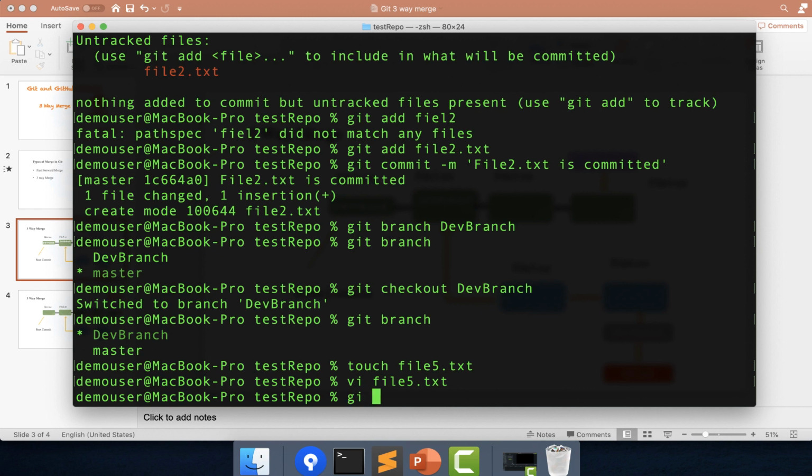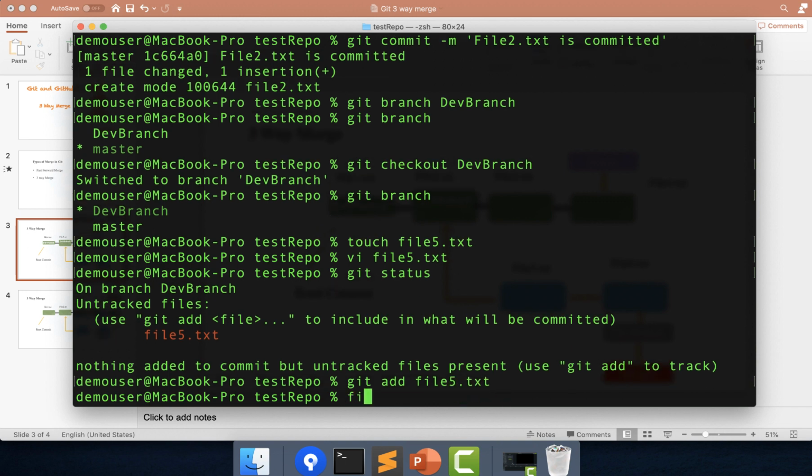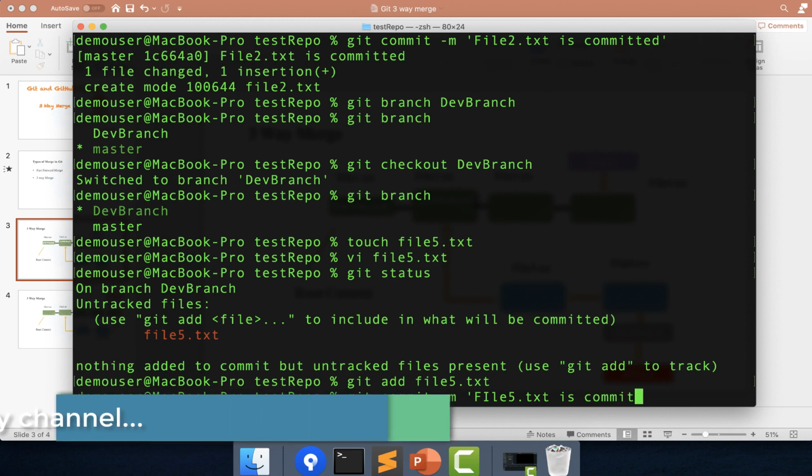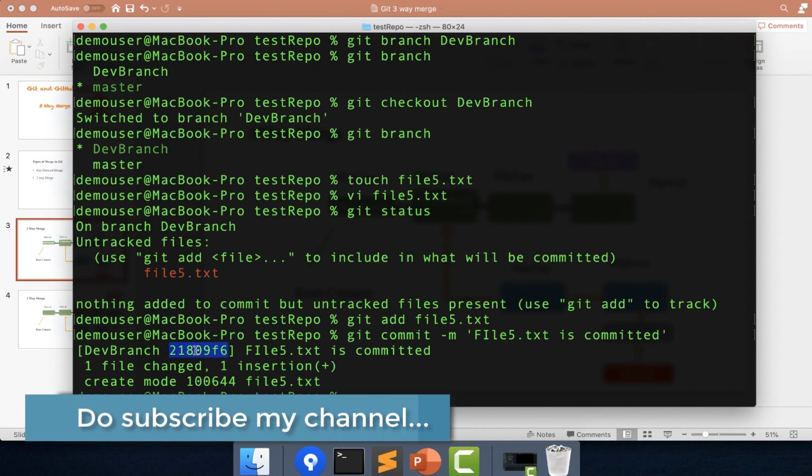It is done. Git status, you can see it is again untracked. Git add file5.txt, git commit, committed. So you can see this is done.